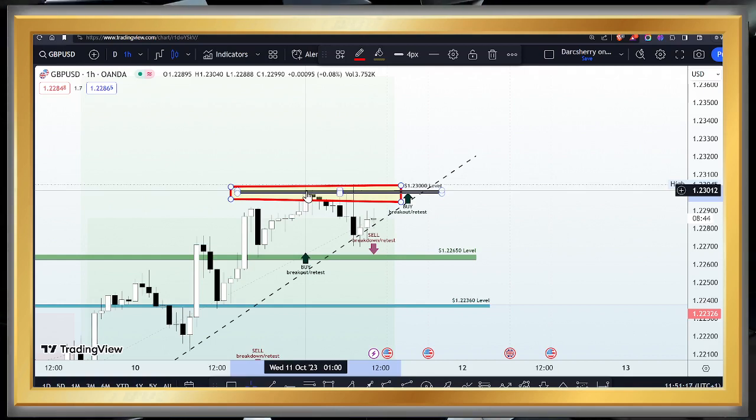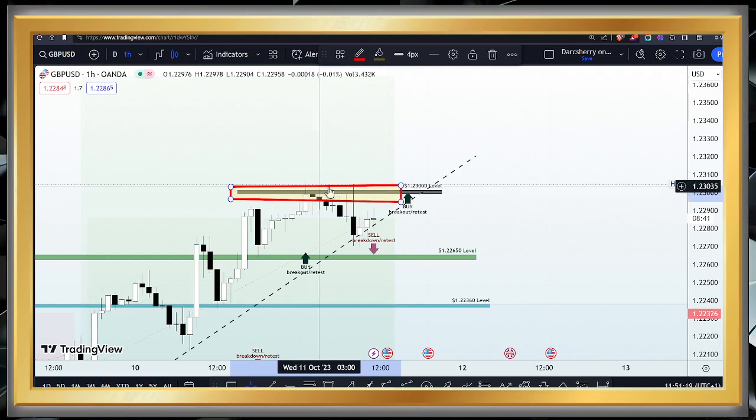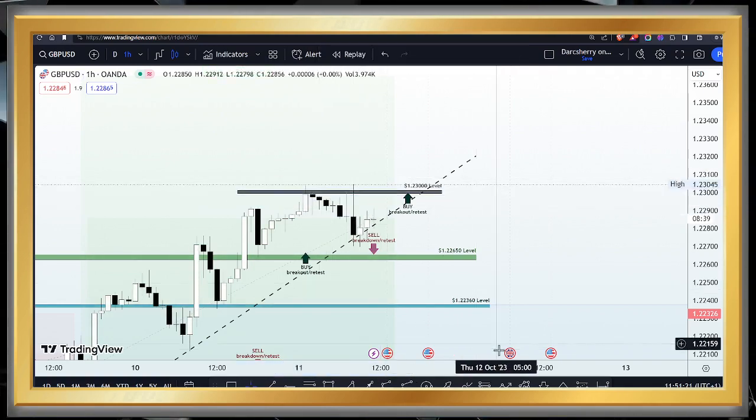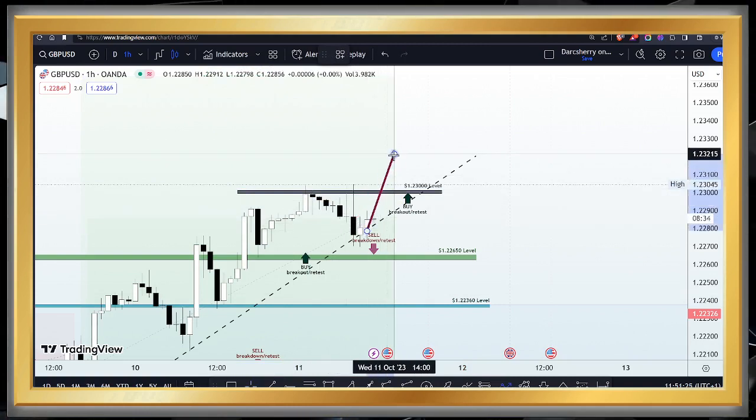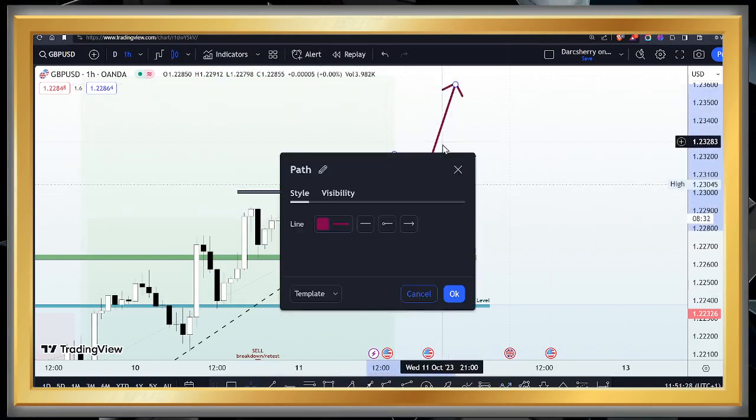Now you can see what has been going on since the early hours of today's trading session. As soon as price got into the 1.23, we saw selling pressure persist there. Now if I'm going to be adding more buy positions, I want to see price break out of the structure to join that uptrend move.